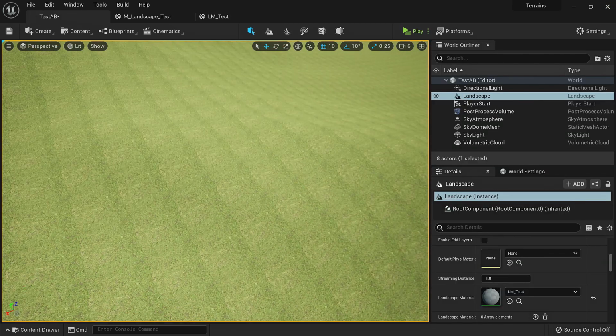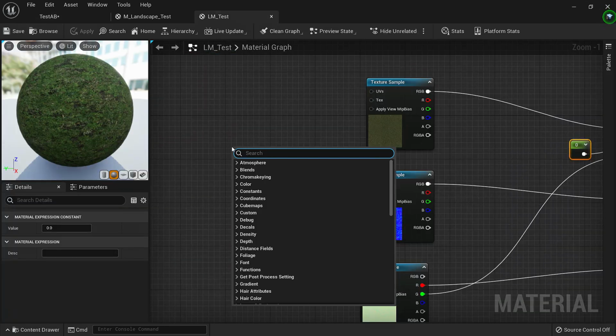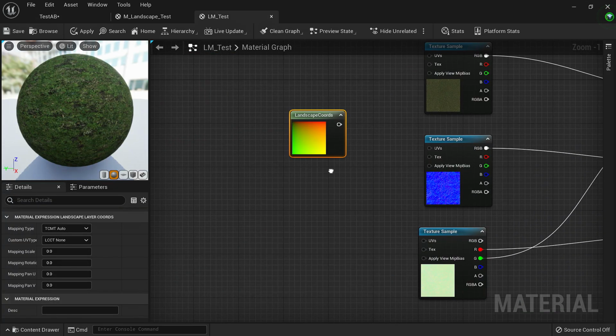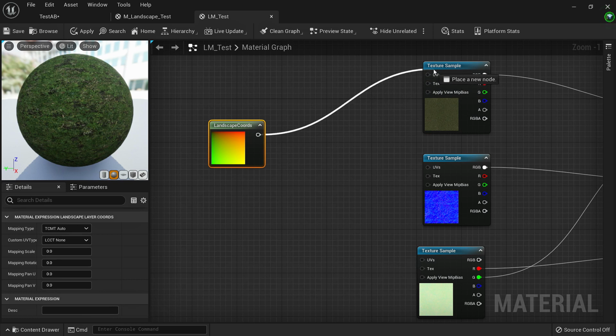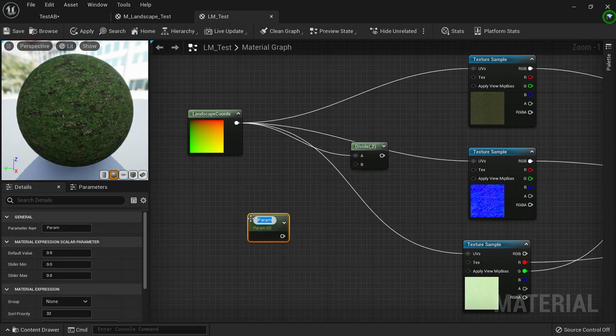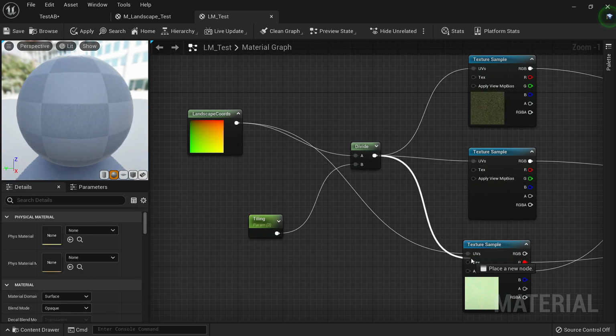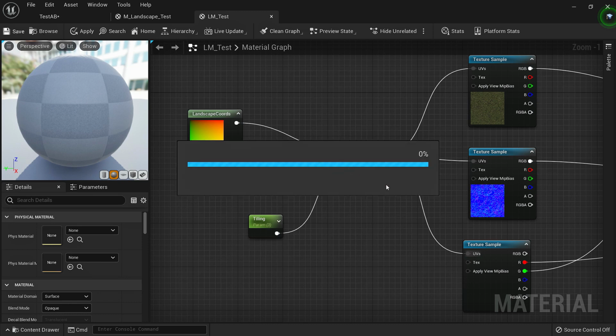And as you can see, you get grid type structures. The texture is repeating a lot. We will use landscape coordinate. This is used for UV textures. We apply this directly to all of our texture samples. And if we divide it by any scalar value, let's call it tiling, and put 3 by default, now we can control our landscape coordinate with that scalar value.